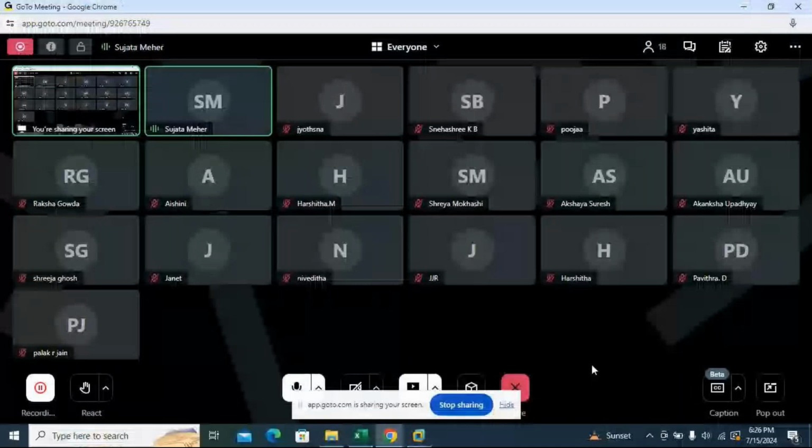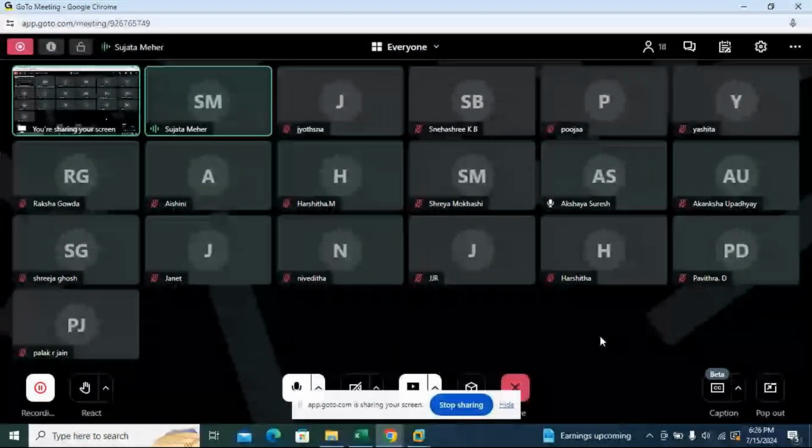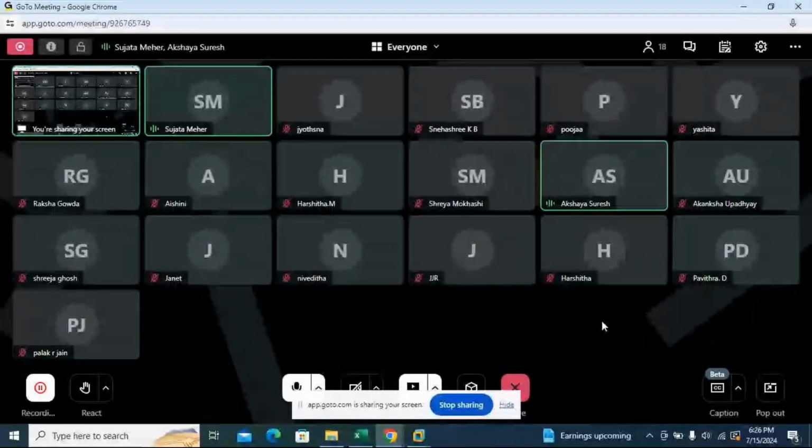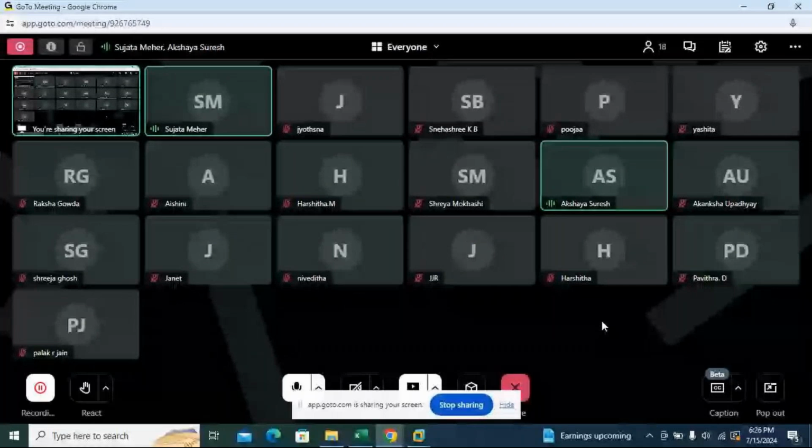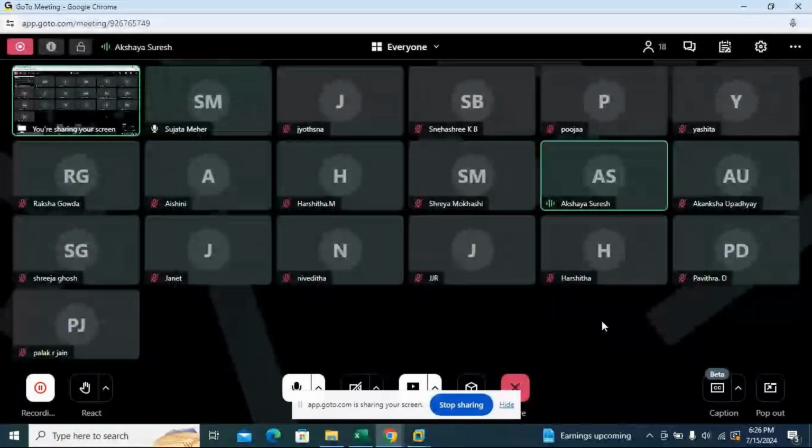Snehashri, are you able to do this? Yes. Akshay, tell me what you are doing. Ma'am, I'm asking something. Yes, ma'am, I've sent you an image in the group actually. I'm still on that page only, ma'am. So how do I actually go to SPRO, ma'am? Can you just explain that?